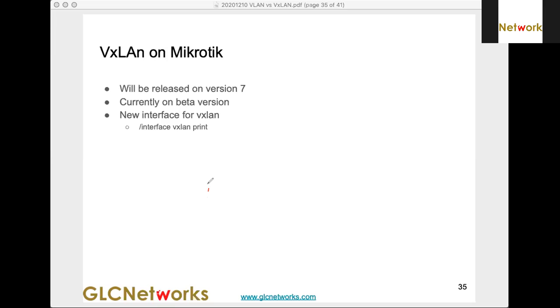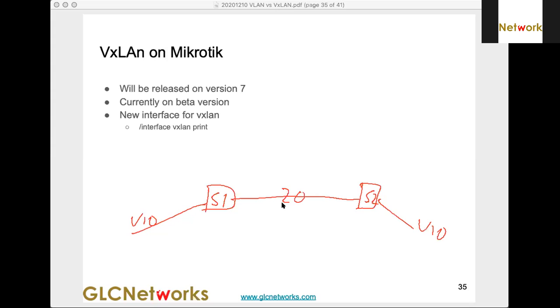For example, you have a switch 1 and a switch 2. This is VLAN 10, and this is also VLAN 10. Here is VLAN 20.